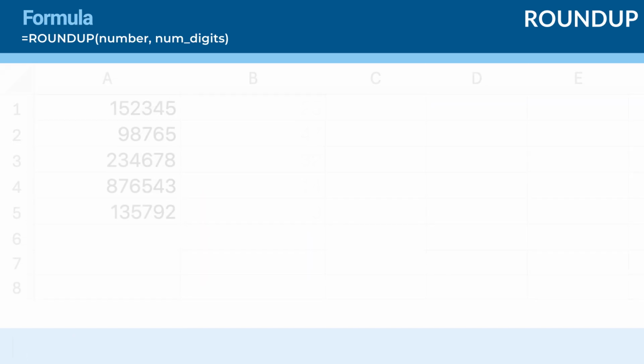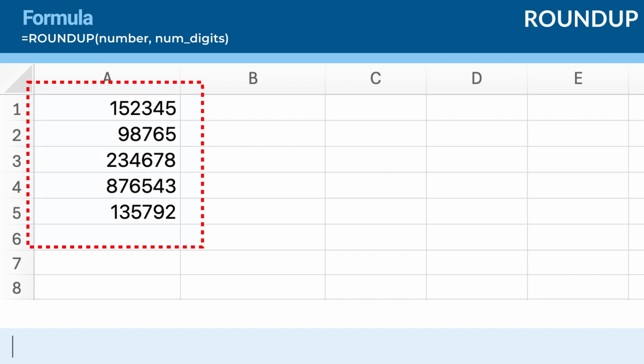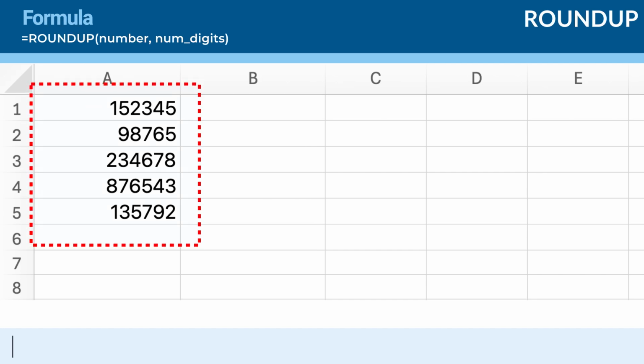Let's consider a different scenario where you have a list of budget amounts and you want to round them down to the nearest 100 to maintain conservative financial estimates. Enter the budget amounts in cells A1 to A5. These amounts are displayed as whole numbers, and rounding them down to the nearest 100 will simplify and make your